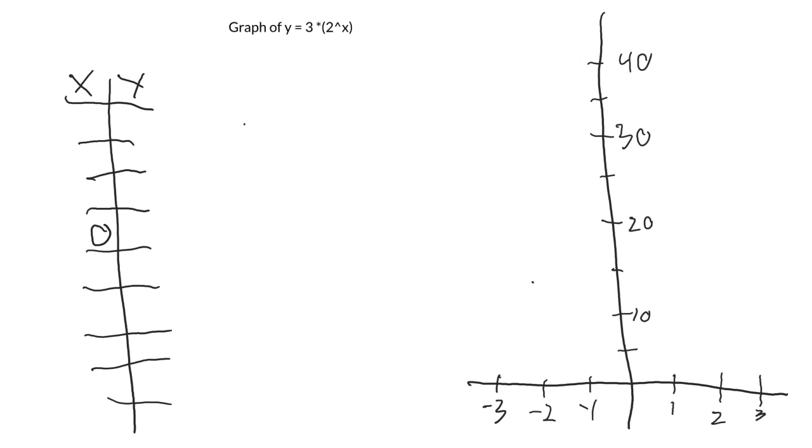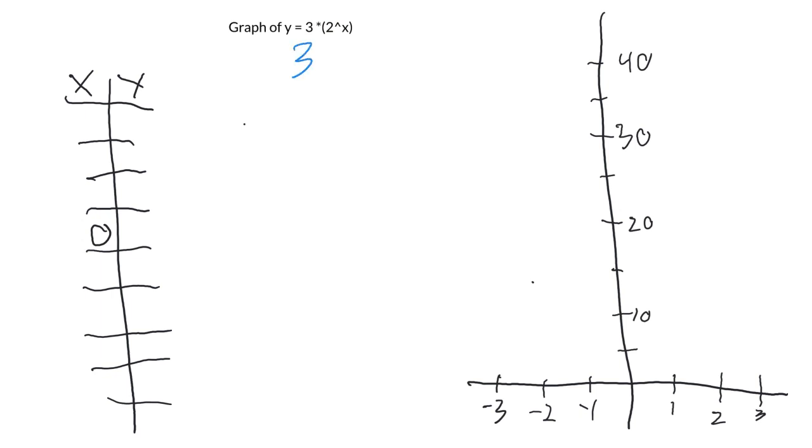Here's an example of how you could complete the previous exit ticket. What you should do is pick some x values and put them in and figure out what it's going to be for y. So I'm going to start with 0. 0 is always a good thing to start with. So I'm going to put that into here. And for 0, that would give me